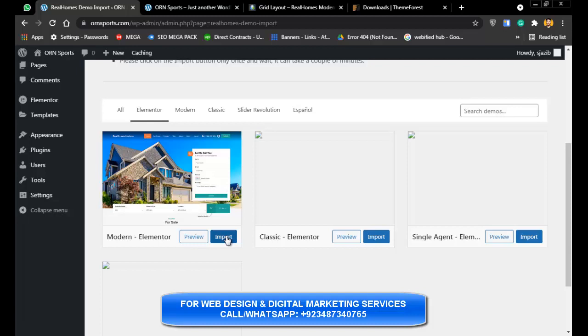This is the demo I told you about before, but there are several demos. And why I am telling you that: as I told you before, I am a real estate and digital marketing expert, working with several real estate agencies as their digital marketer. I know very well that this type of website is best for your business because it's a lead generation website.